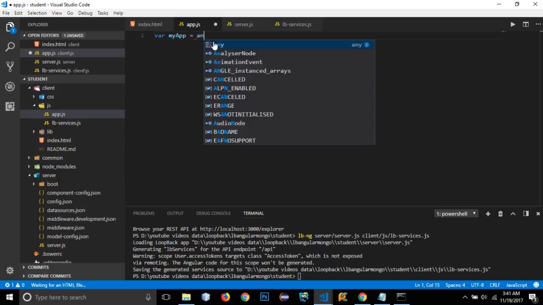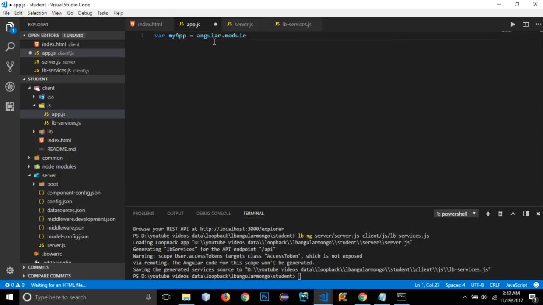So my app equals angular.module, and let's say my items, and we need to add a dependency like we had for UI router and other things, and that dependency is lb-services, and this is how we'll be able to have access to loopback services. So my app.controller, my items controller,